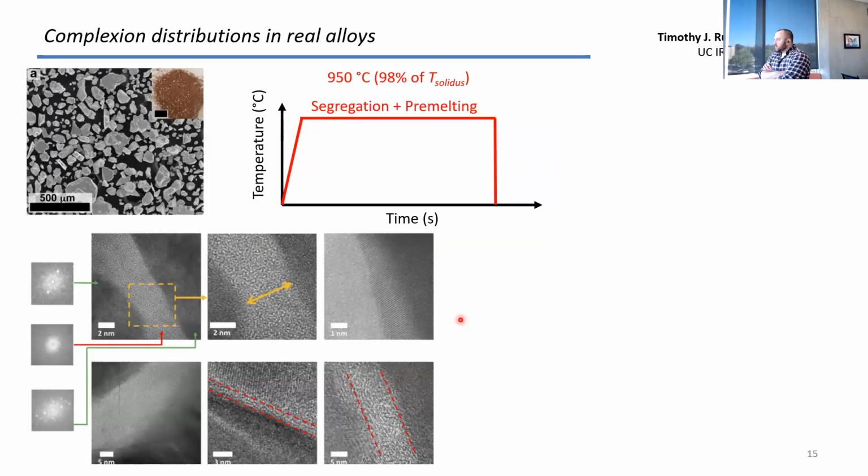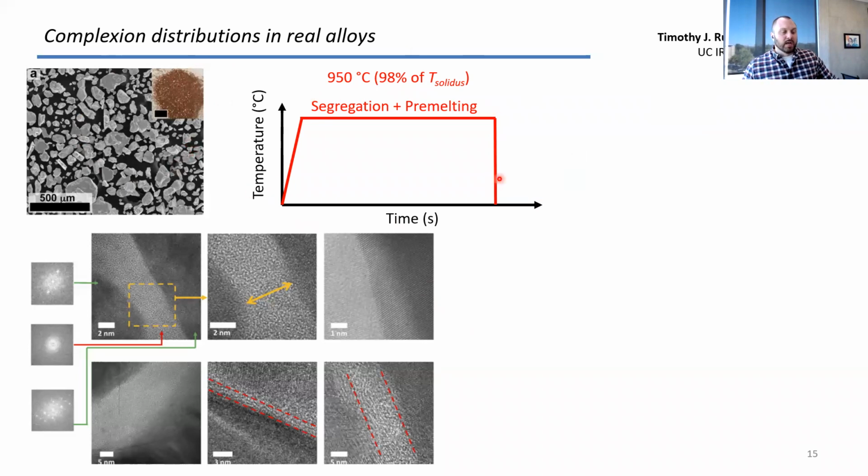Okay, so now that we've started to learn a little bit about that distribution of short range order, we understand how the amorphous crystalline interfaces are different. What we've now been pushing to do is see how we can change both the short range order and also the thickness of these amorphous complexions. So I'm going to jump into some experimental studies to finish up. Again, going back, we make these materials with ball milling. When we heat it up, pre-melt the